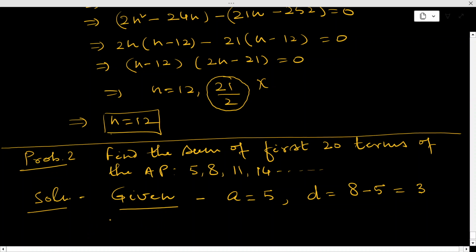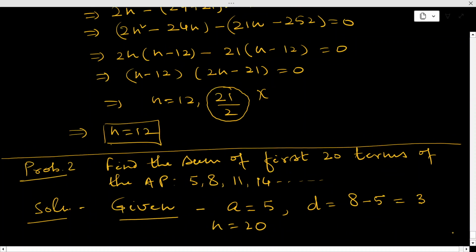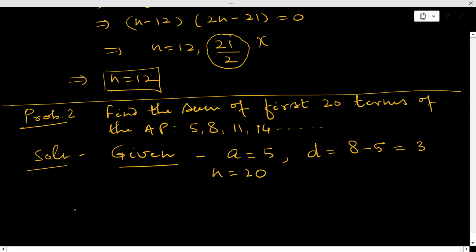The sum of first 20 terms which we have to determine, so the value of n is 20. So that will be n by 2, so that will be 20 by 2, 2a, so that is 2a plus n minus 1, n means 20 minus 1, into d, so this is 3,